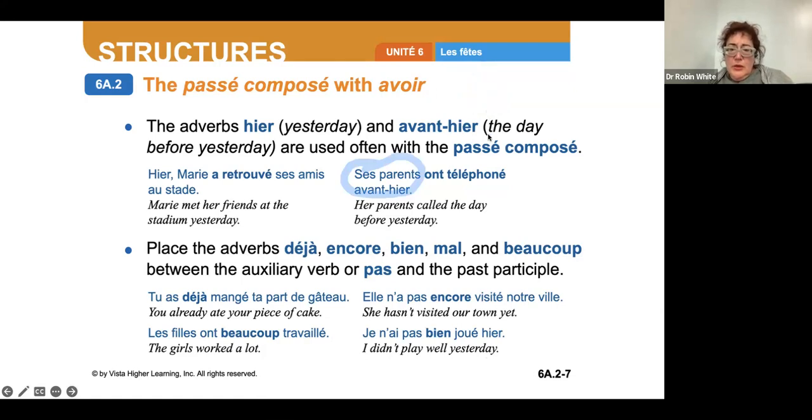When you have adverbs, and we saw this with avez-vous déjà vu, neuf neuf, à l'école des charcutiers. So déjà, have you already? Encore, do you still, or have you still? Bien, well, mal, poorly, beaucoup. It's the one word that seems to have really stuck in Louisiana. Everyone knows beaucoup. So that goes before the